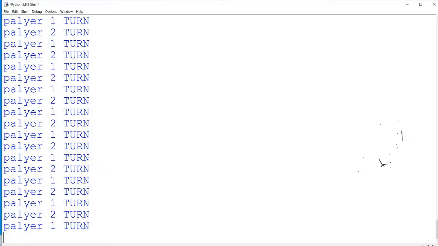Which means the game keeps on progressing. Someone needs to reach position 50. You can see player 1 done, player 2 done. You can see player 1, player 2 keep on repeating.